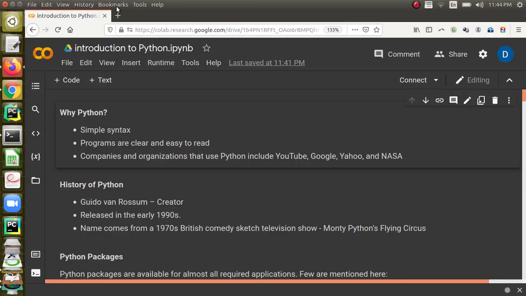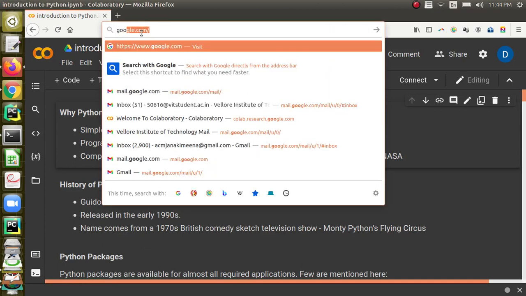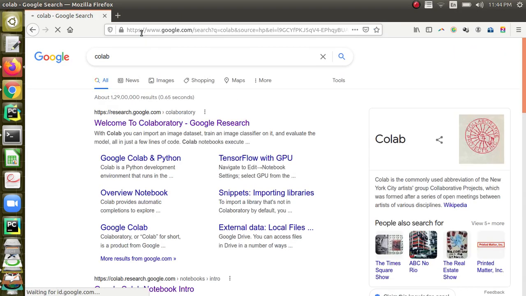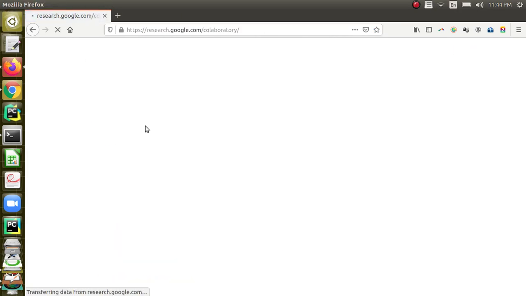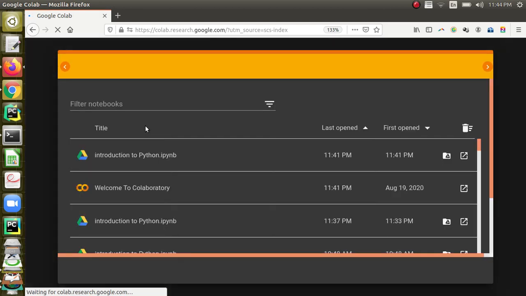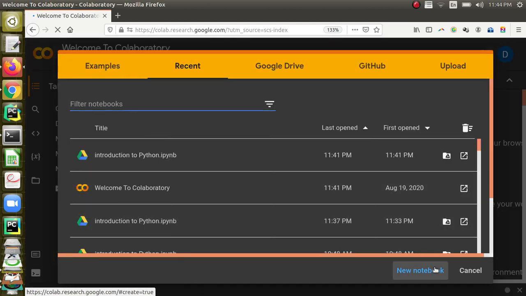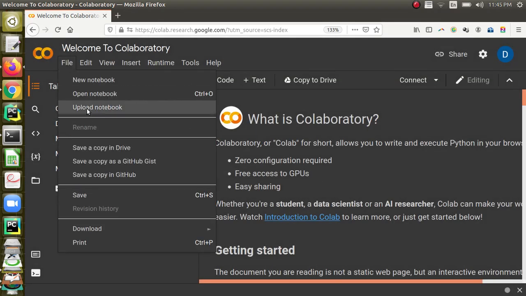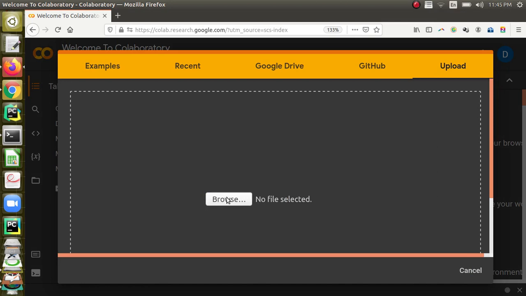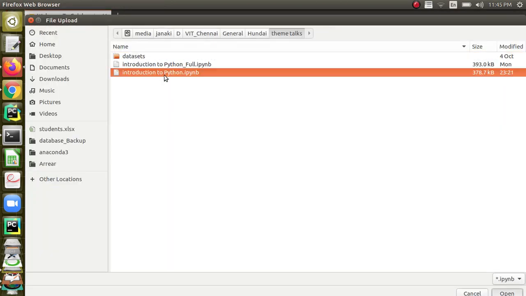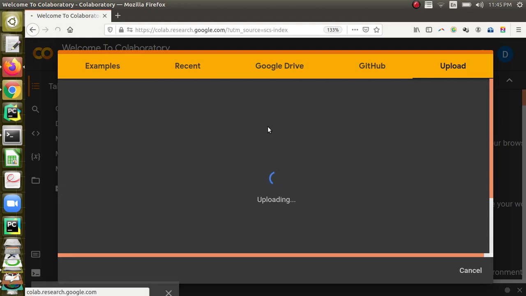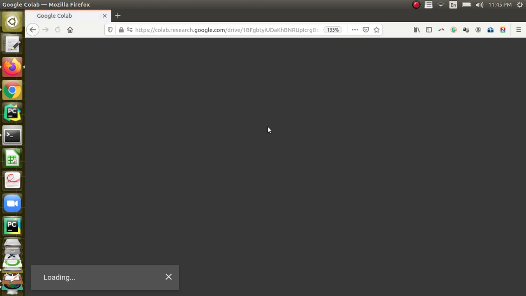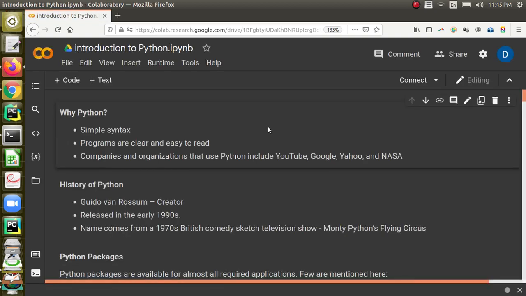I will just tell how you can open it in Colab. Just go to Google. For opening in Colab you should have a Google account, that's all. A Gmail account, every one of us has it. So you can click on this Colaboratory by Google. There will be an option to create a notebook. Don't go for that, just cancel and come to File and go to the option Upload notebook, browse and go to the location where the notebook is saved and open it. You can start working on the notebook using Colaboratory.